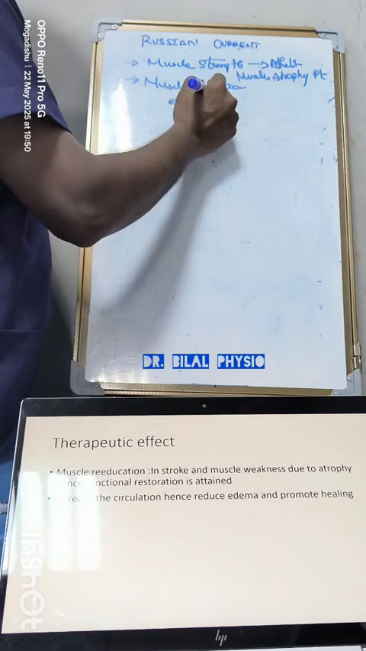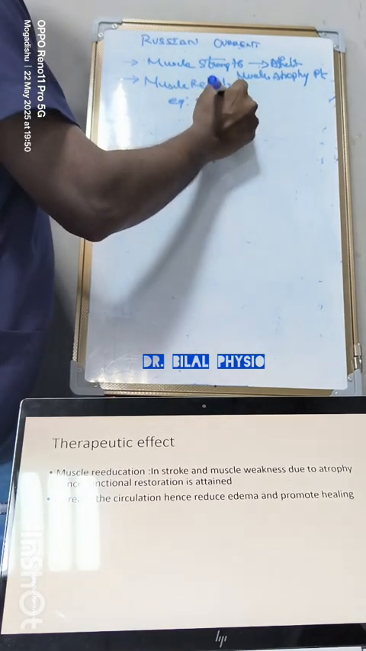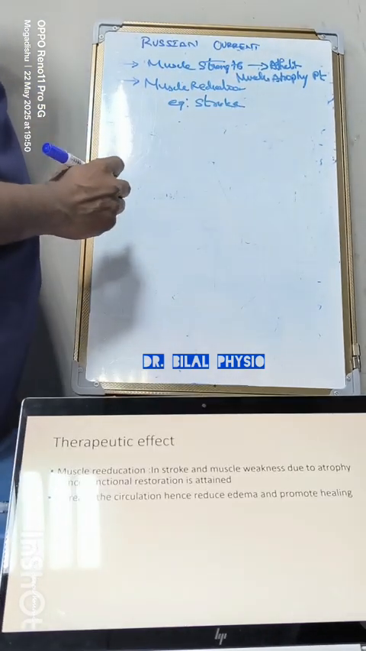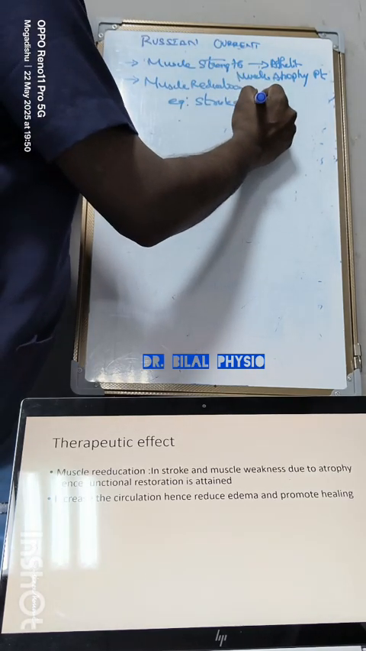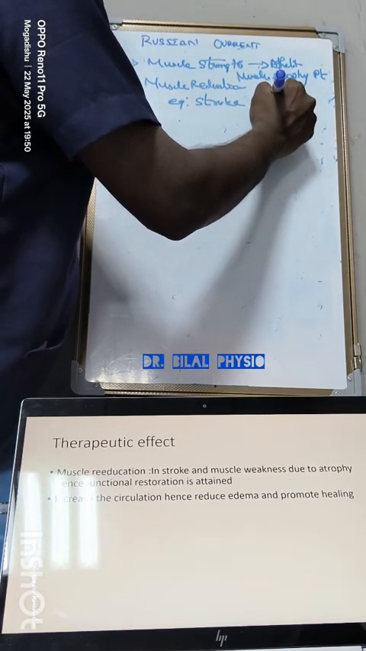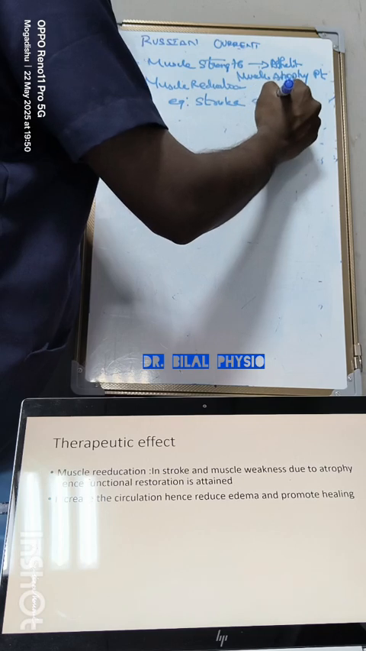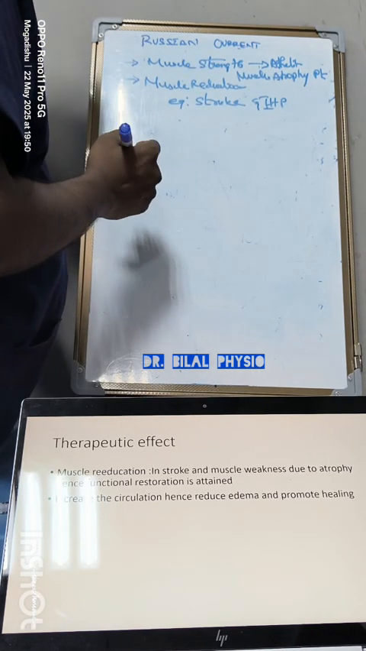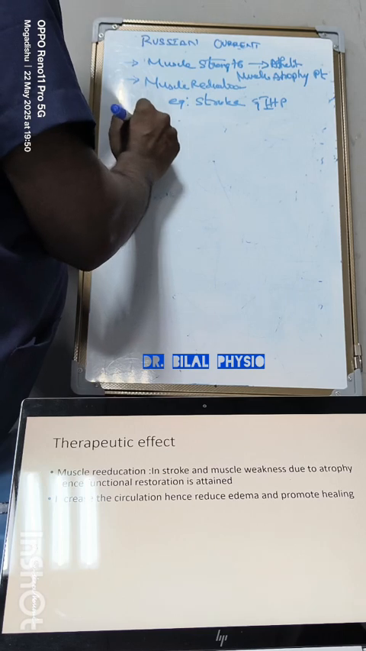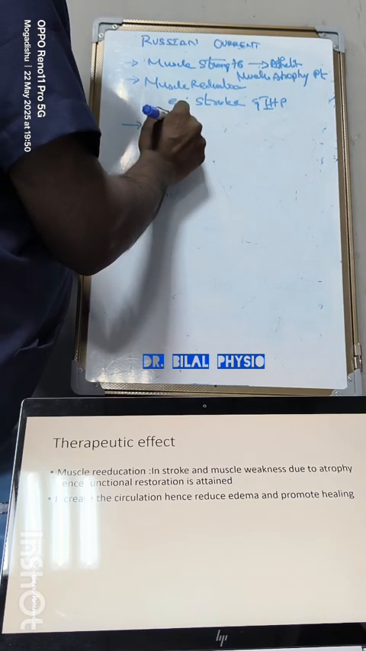Example, stroke and hemiplegia, infantile hemiplegia, for children, and for muscle spasm,